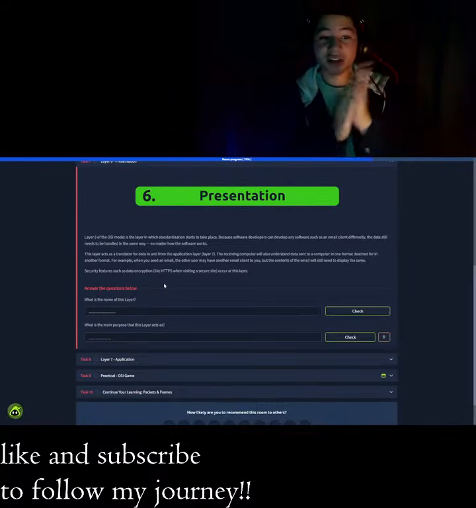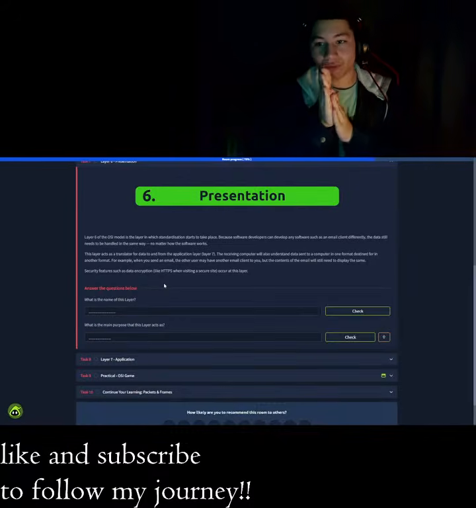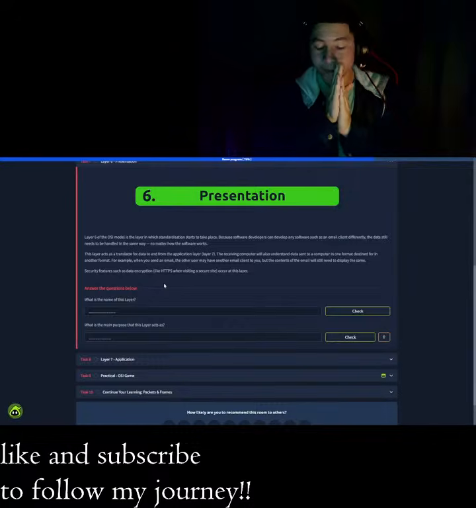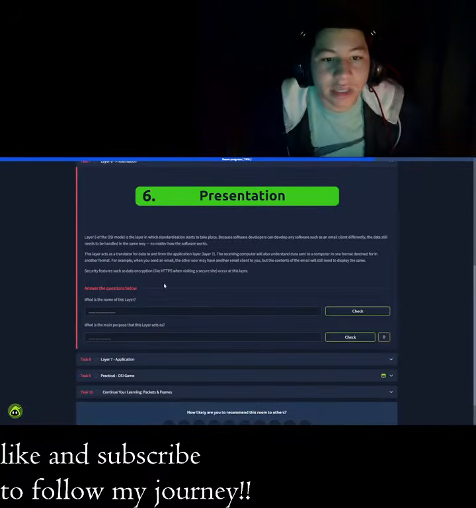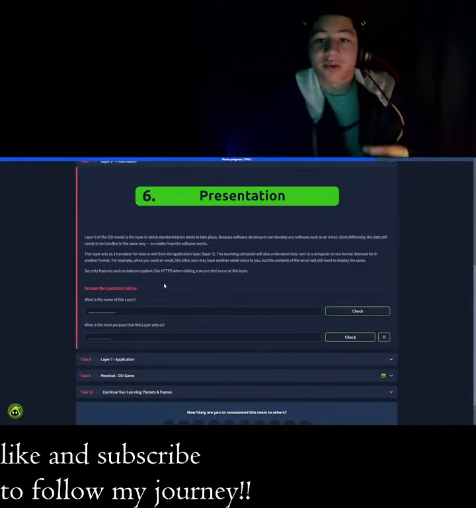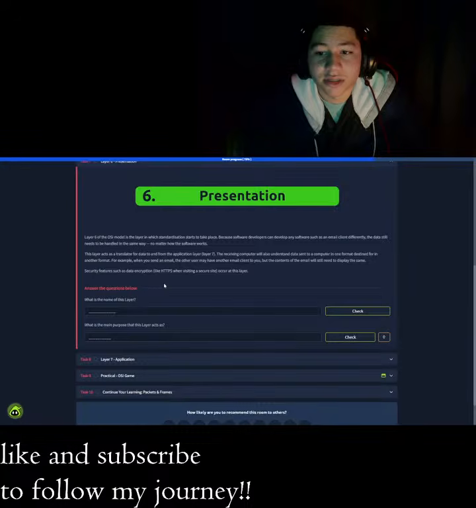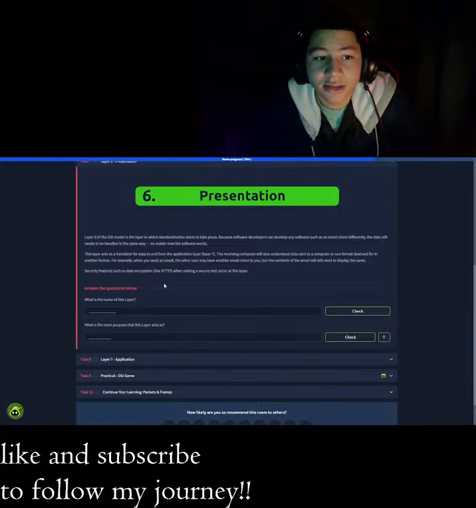Alright, so layer 6 of the OSI model, which is the Open Systems Interconnection, is the layer in which standardization starts to take place. Because software developers can develop any software, such as the email client, differently, the data still needs to be handled in the same way. No matter how the software works, this layer acts as a translator for data to and from the application layer. The receiving computer will also understand